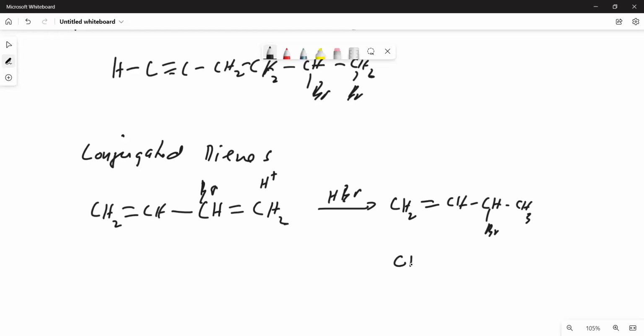There is another product in which the Br will be here, and the double bond will be at the middle, and you have CH3. So you call this the 1,2 product because you are adding it at 1 and 2. And this one is called the 1,4 product. Why is that? Because when you add the electrophile here, you will end up with this